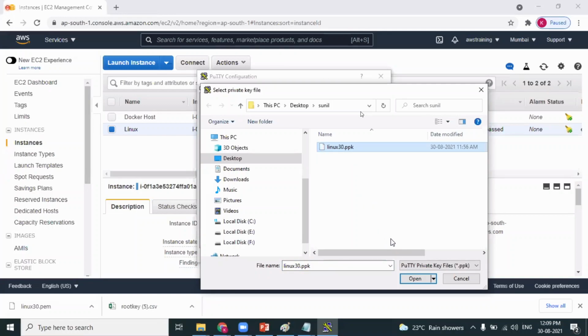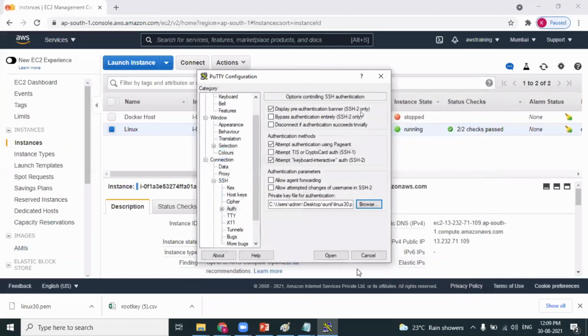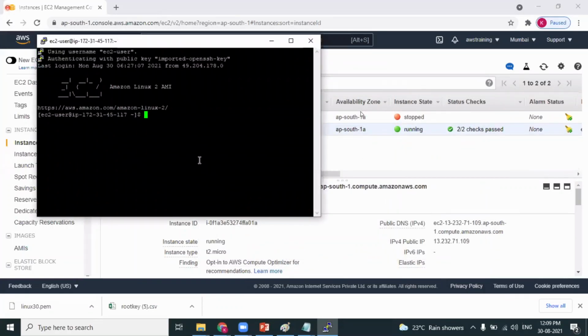Is this the PPK file? Yes, right. Connected.